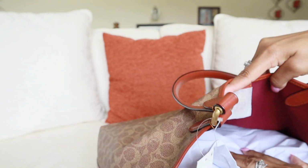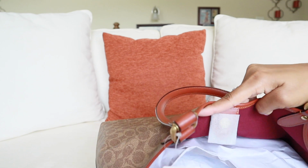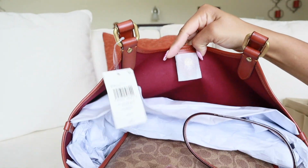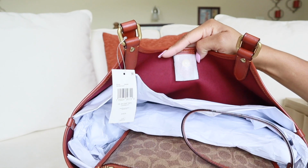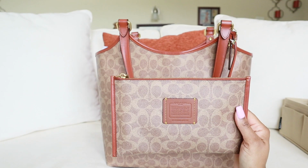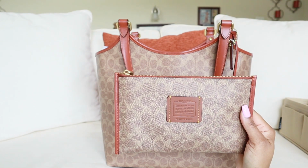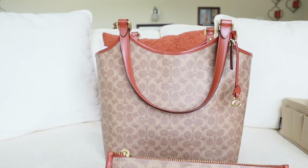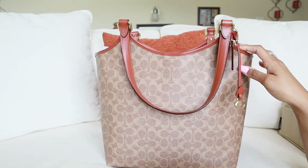I don't know why I thought it was 2 of them. Maybe I'm bugging out. Anyway, so you have your one D-ring here that you can clip whatever you like. The reason it's here in this particular bag is because it does come with its own pouch. So it's kind of like how the Coach City Tote does or how the Neverfull does. So it comes with a sexy pouch, which I love because inside of this bag, just like say the MCM